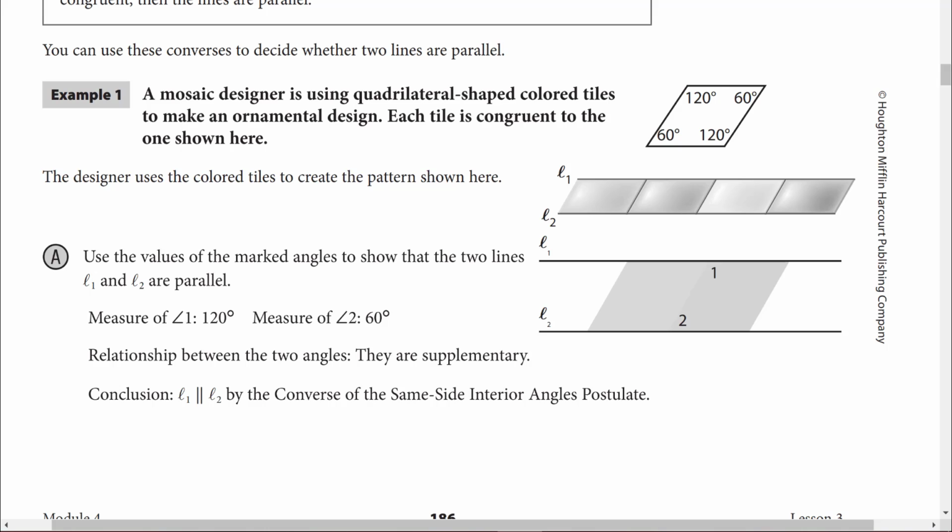A mosaic designer is using quadrilateral shaped colored tiles. So we've got this tile. They're going to build an ornamental design out of these tiles. So we want to show,